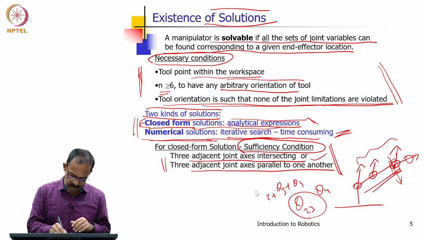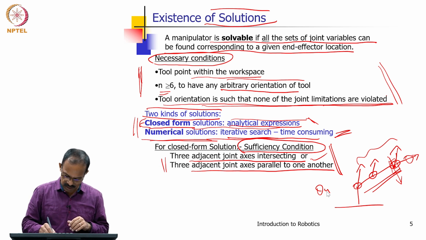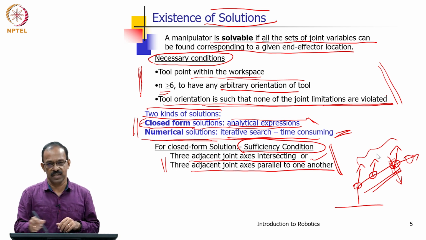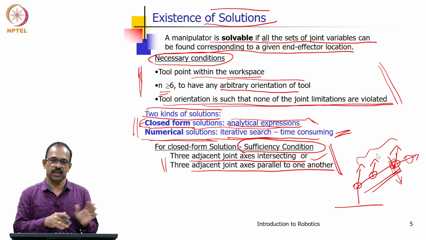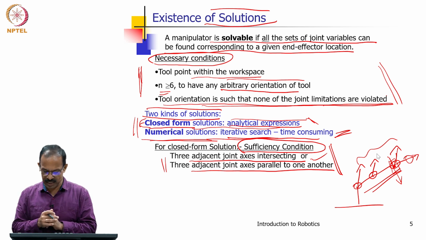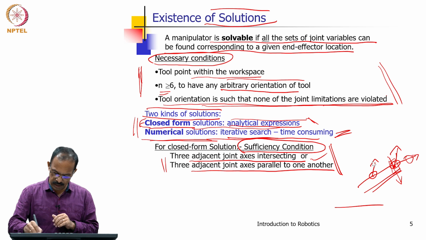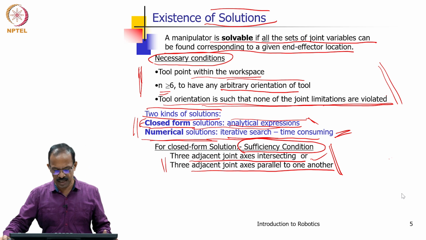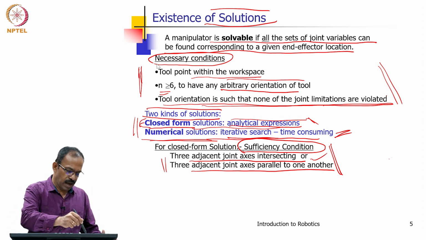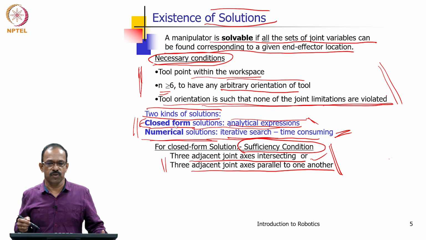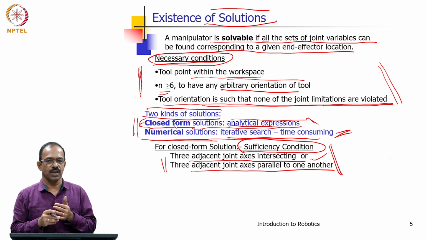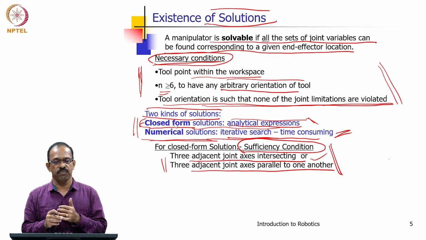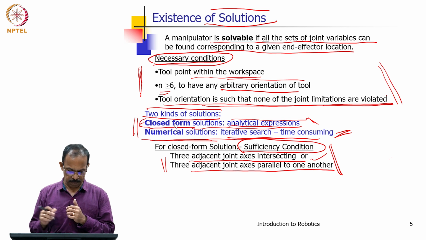So, this will be more clear when we try to solve the equations, but this condition comes from that relationship developed or that actually happens in the forward kinematics. Similar is the case with the intersection, also intersecting joint axes. Okay. So, these are the necessary and sufficiency conditions for getting the solution. So, necessary condition for existence of solution and sufficiency condition for existence of closed form solution. Okay.